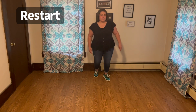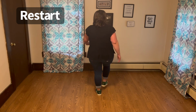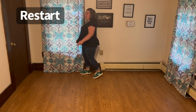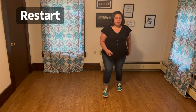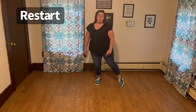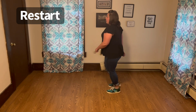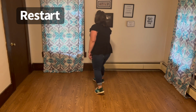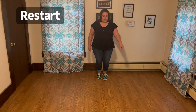Recover, quarter, sailor step, half sailor step, kick, ball, change, hop and touch, hold, hop and touch, hold, step, half pivot, half, half, press forward, recover, step, press forward, recover, walk back with your coaster step, point, hold, step, point, heel, grind, quarter, ball, touch, clap, clap, step, 1, 2, 3, and 4, 5, and 6, 7, and 8, and